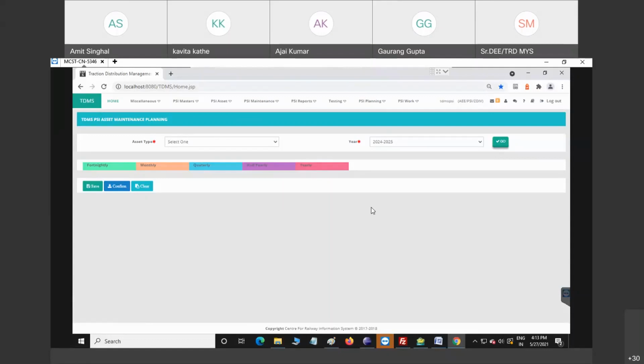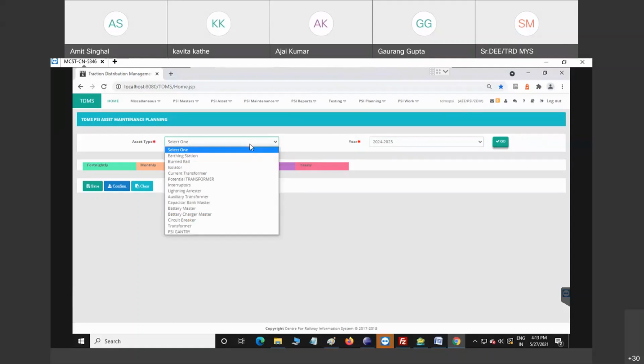Then the entire planning for 2021 to 2022 is done automatically with respect to that maintenance date. If the user is not happy with the automatic planning, he can change the planning using this module, or plan the asset in advance. So let's see how it works.